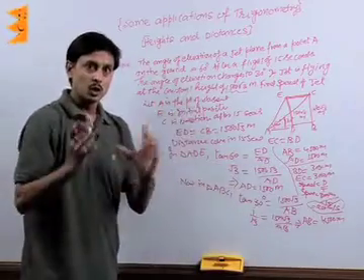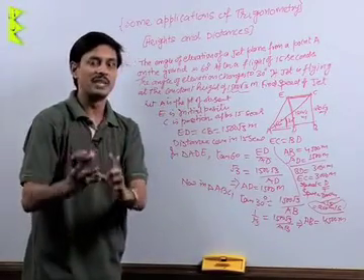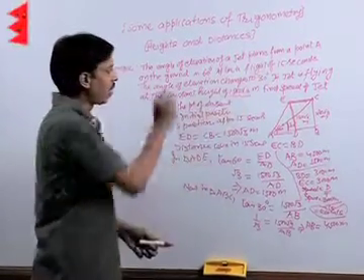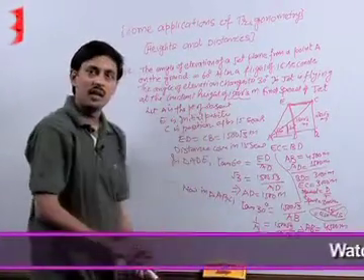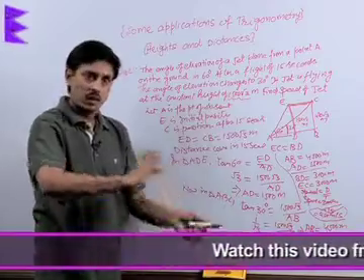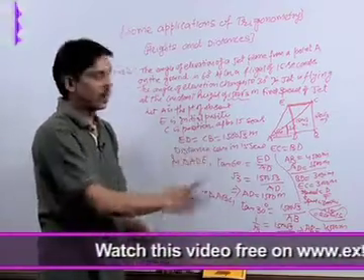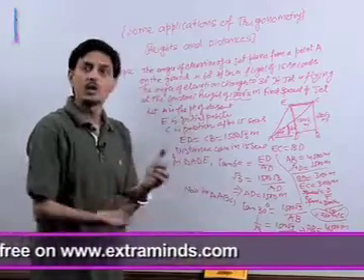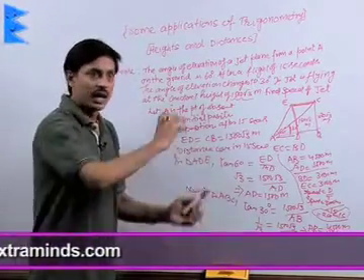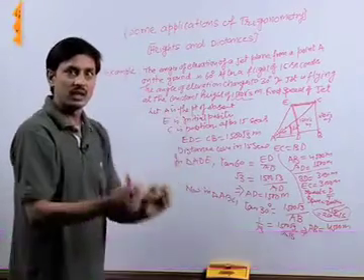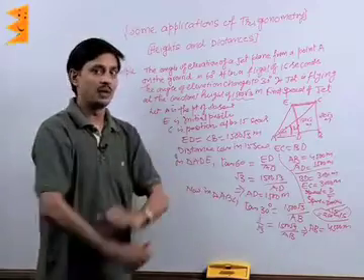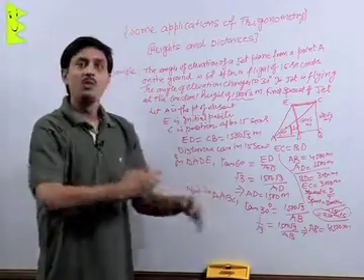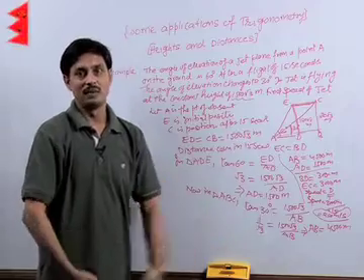Very much clear. So to solve any problem of heights and distances, first of all, read the problem very carefully step by step, make the correct figure. After making the figure, know what you want to calculate. After knowing it, apply the trigonometry as per sine, cos or tan, whatever is required, and then calculate step by step the value of the final answer. Similarly, we will discuss with you some more examples.